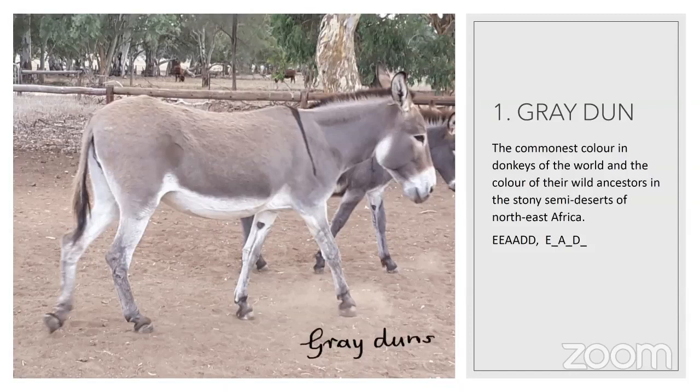A zebra is actually a very, very dilute colour, not quite white, a sort of creamy colour, with not just one shoulder stripe, but stripes more or less elaborated over the whole coat. So the background colour of zebras is actually the areas of the donkey which are the grey colour. And you see this when you see a hybrid between a zebra and a donkey, that it has a greyish brown body with dark stripes on it. And that shows you what's actually going on. Now, that grey dun donkey, if we go to the next slide,